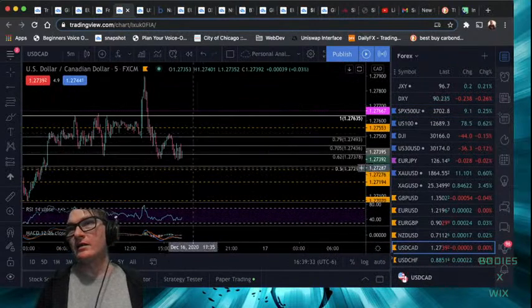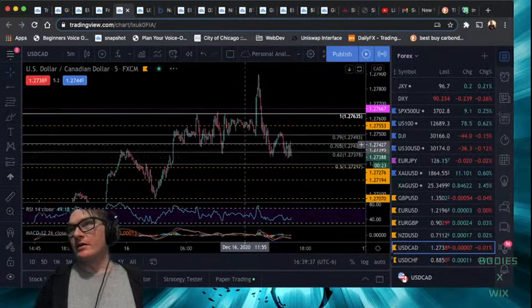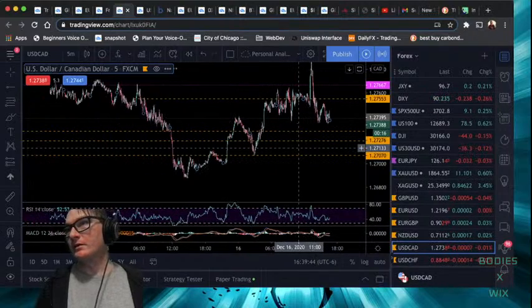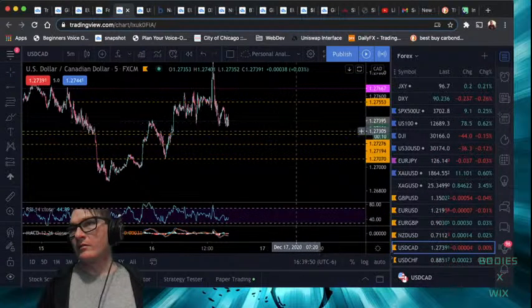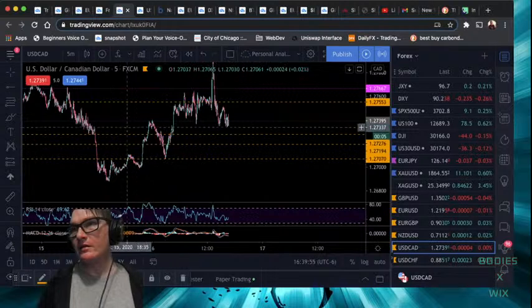USD CAD. This one might be going up tomorrow, just because of the way the dollar has been acting. And it looks like it hasn't rebalanced. Well, it kind of rebalanced, but it hasn't done a full rebalancing just yet. So here we have